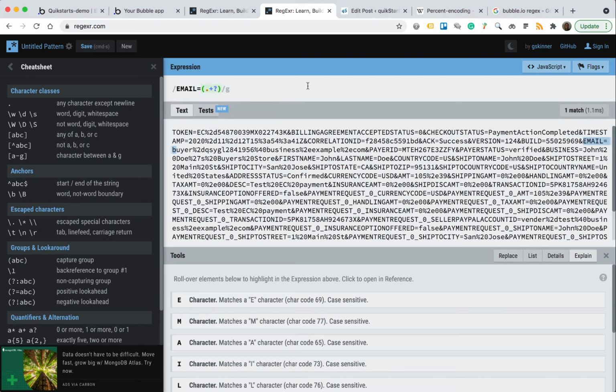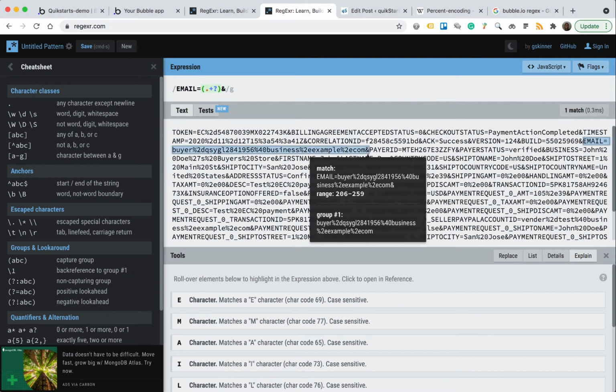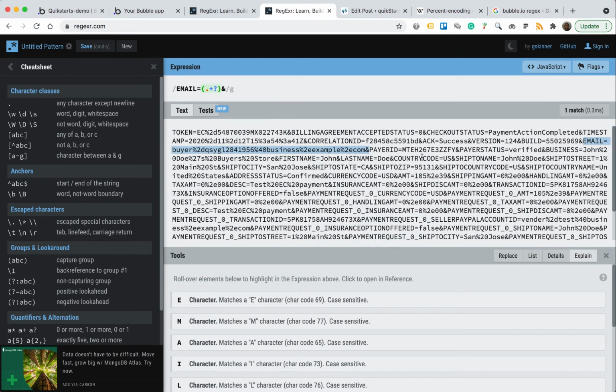One of the more important things that is not referenced so far is the ampersand. The ampersand precedes the email parameter, and it is also used as a separator for every one of the parameter values on this page. Since that's something we always know is going to be shown, we're going to add that outside of the parentheses. And if you notice, the minute I did that, everything from email equals up to the next parameter, separated by the ampersand, is now highlighted. So technically at this point we could stop,